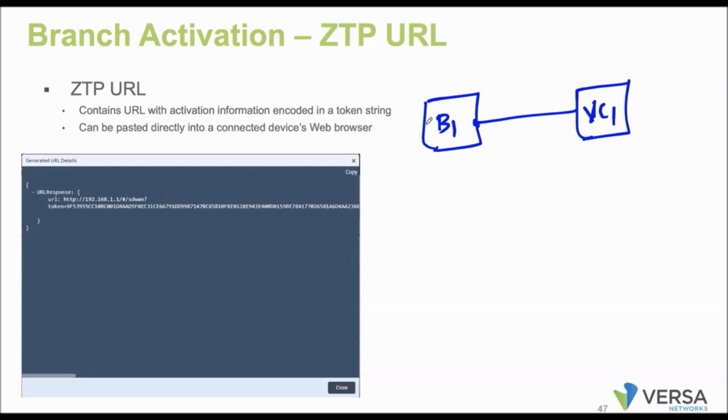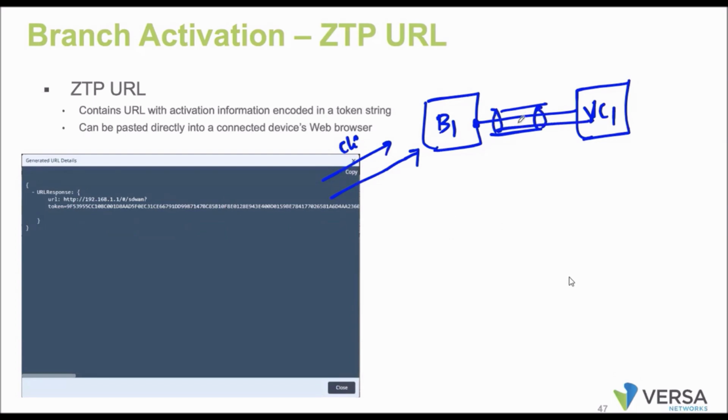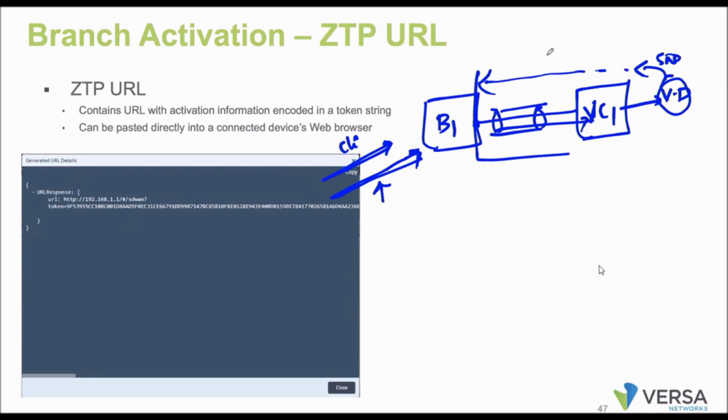Once the scripts get executed, either in the form of a token or in the form of CLI-based scripting, the mechanism is the same. The branch will establish a tunnel towards the controller. The controller will inform the director. The director, based upon the serial number, is going to push the configuration towards the branch. The only thing is how you are activating it. Are we entering all the parameters manually, or are we clicking on that link? That makes the difference. But this operation is the same. Is it clear?